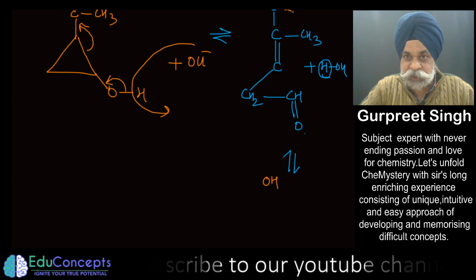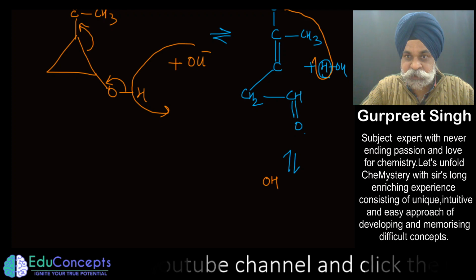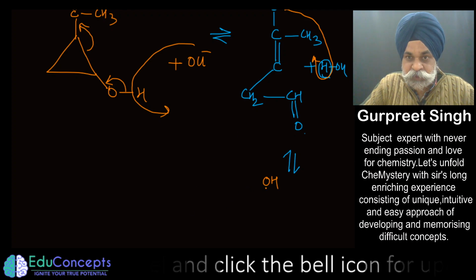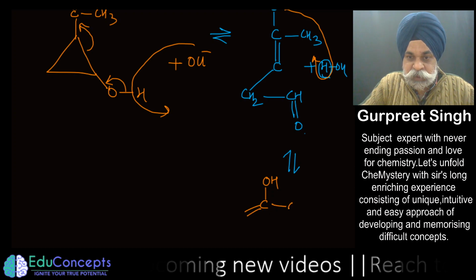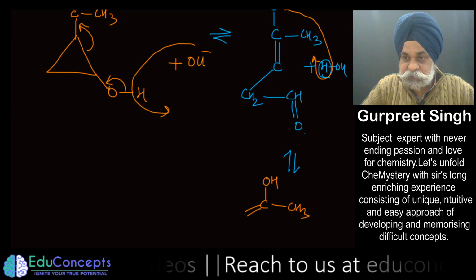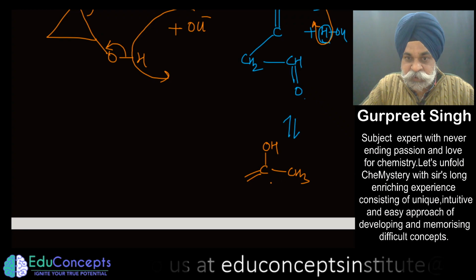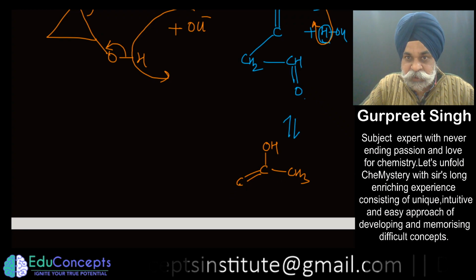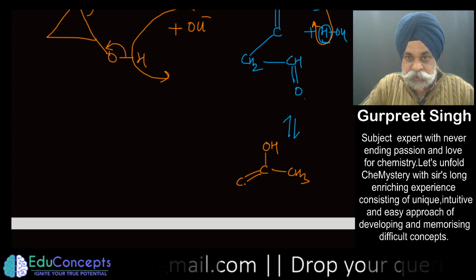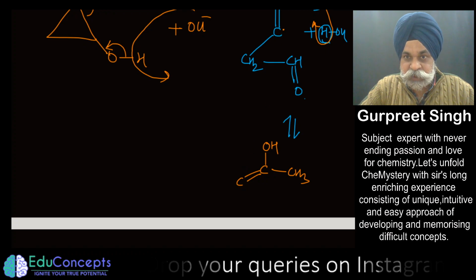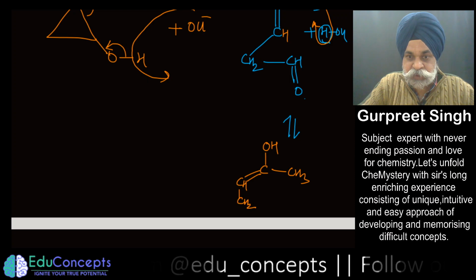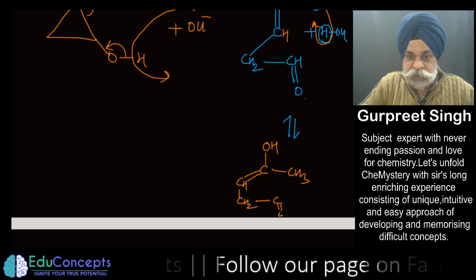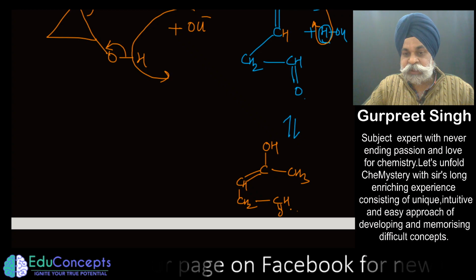This again takes up this H positive from here. So here comes the OH, and this would become a double bond. Here comes the CH3. Let me make it more systematic now. So this becomes C, yes, it is having CH here. So CH, and this becomes CH2, and something like this has happened. This thing has been formed.